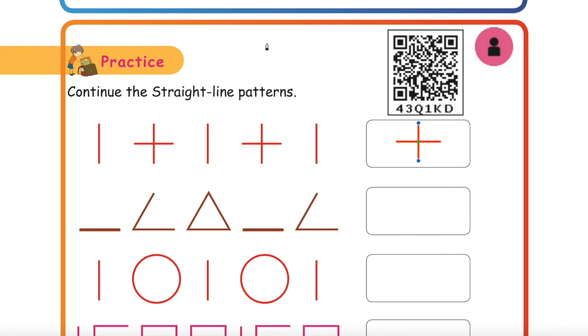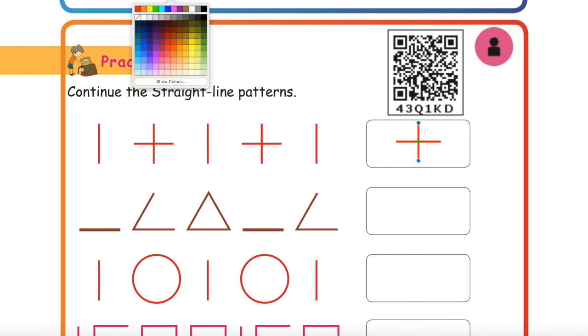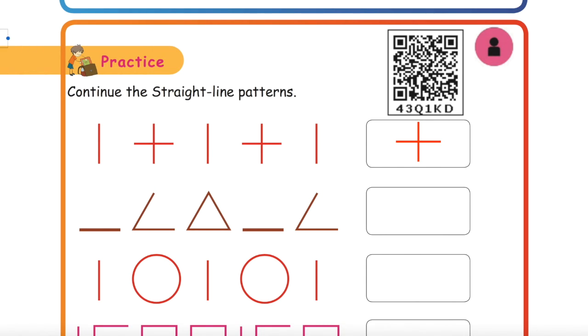Now you have to place a triangle here. Is a triangle available? No, not this. A triangle is not available. Then somehow I managed to draw a triangle. Don't worry. This triangle is not a perfect triangle, but it is a triangle. A triangle is a triangle, but not perfect.